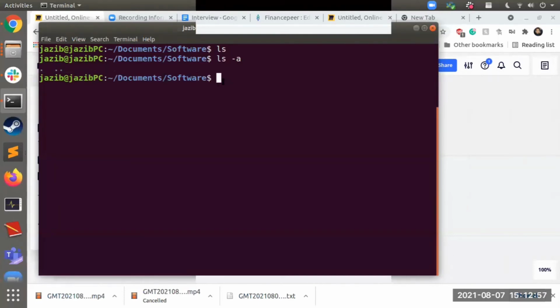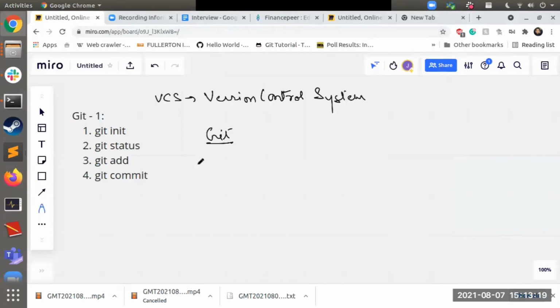We can ignore that. I want this software folder to be monitored by Git, so I'll use git init. This is my first command, git init. Git init means I'm making this software folder a version control environment. Before that, I would like to tell you that in Git, a folder is called a repository.